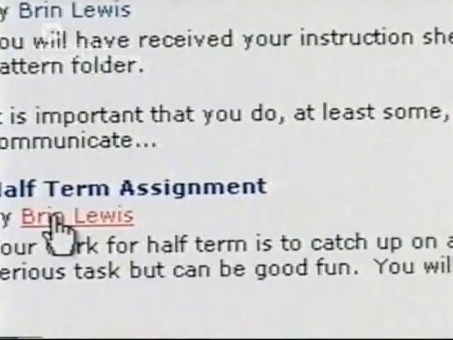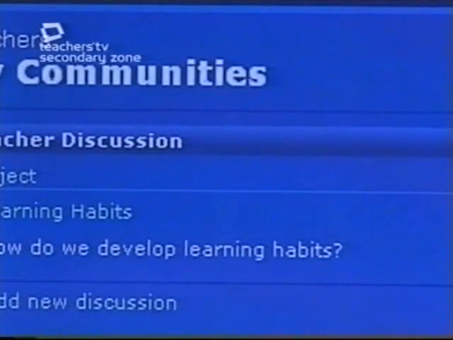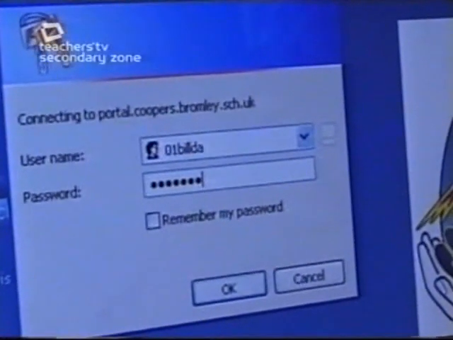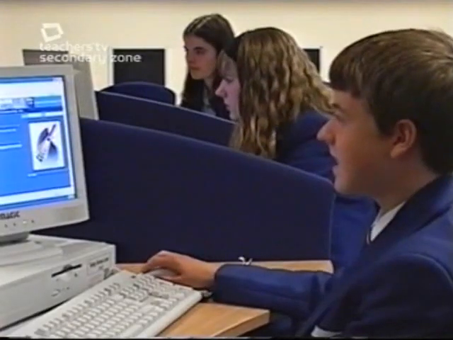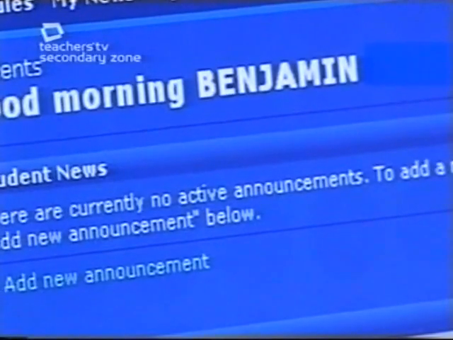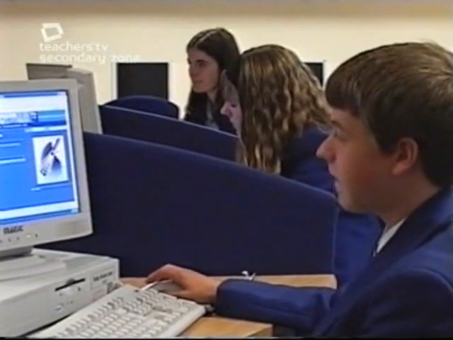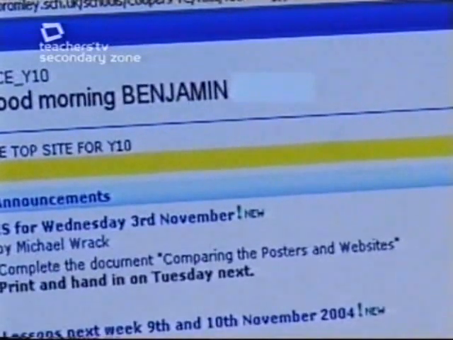Our virtual learning environment is Class Server. Class Server itself has the student view and the teacher view. The student view is available across the internet, and when they first enter they would log in and see all the classes that they are currently assigned to. When they go into their class, they'll see any assignments that they've been sent by their teacher. This is my page and it's Year 10 ABCE, and only people in my class can do it, only people in Year 10. If anyone else tried to log on, they couldn't get in.